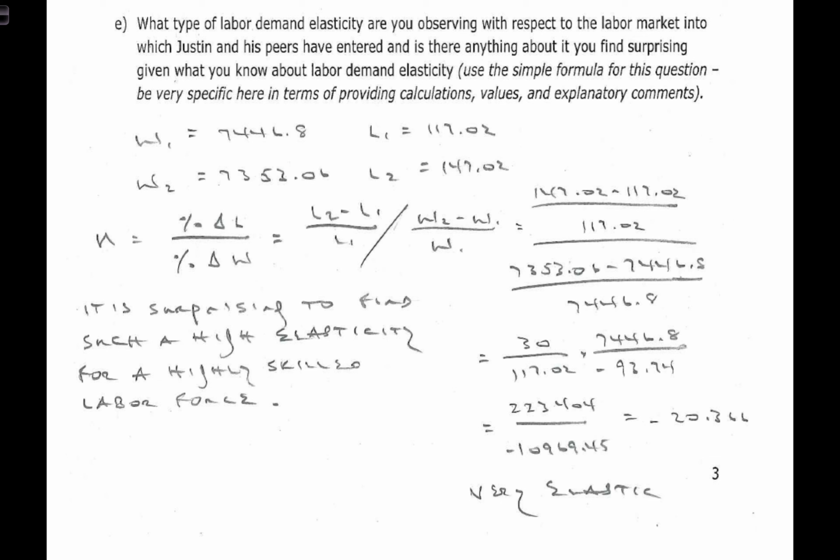So we're going to subject this to our elasticity equation of percent change in labor divided by percent change in wage, which is L2 minus L1 divided by L1, and all of that divided by W2 minus W1 divided by W1. So I go ahead and motivate the equation here. I put in the values in this equation, and I end up seeing that we have a negative elasticity, which I expected because this is a labor demand elasticity. I expect a negative value, and it's an own wage elasticity, so it is negative 20.366. Well, anything above a negative 1, or above an absolute value of 1, is elastic, and here at negative 20, this then is